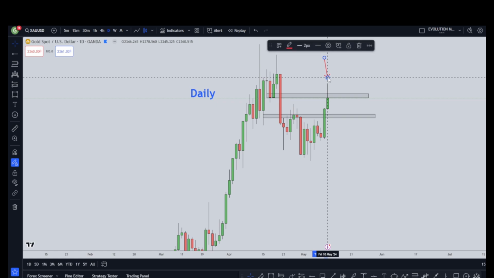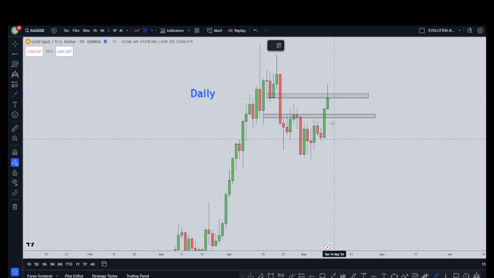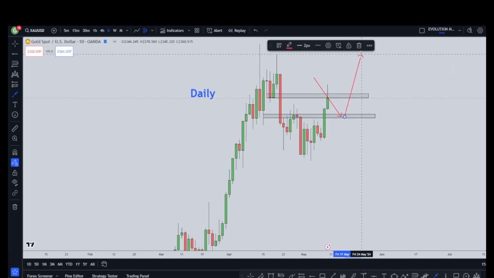Now this indicates rejection of prices within this area, and we could see a small reversal, or rather a retracement back to the downside to come and retest this support area before another potential move to the upside to complete what we've seen on the weekly as the beginning of the completion of the impulse, correction and impulse move to the